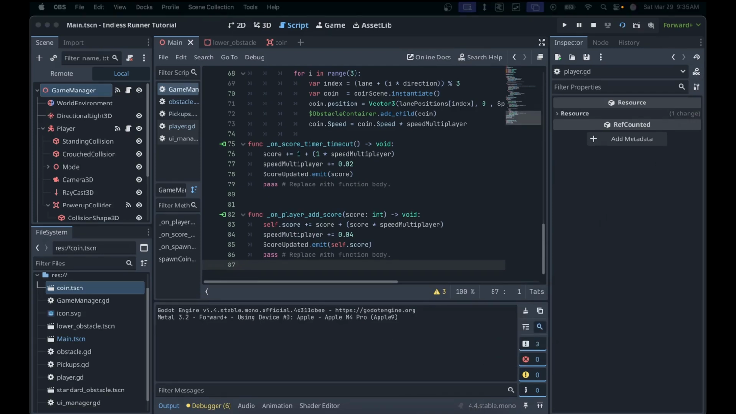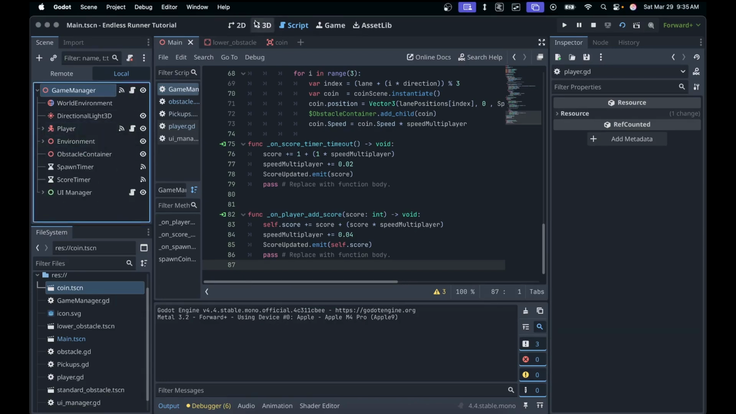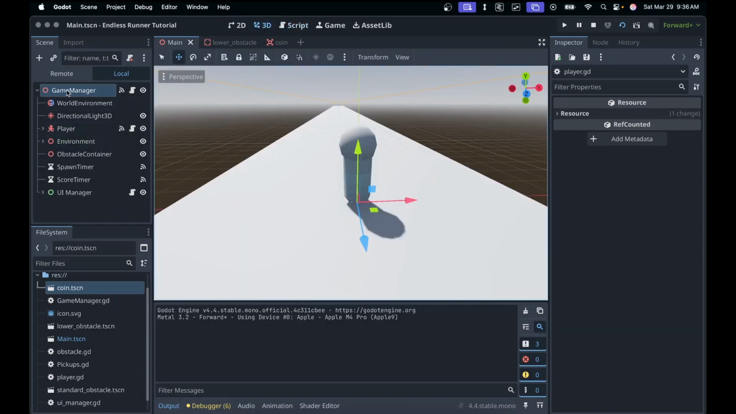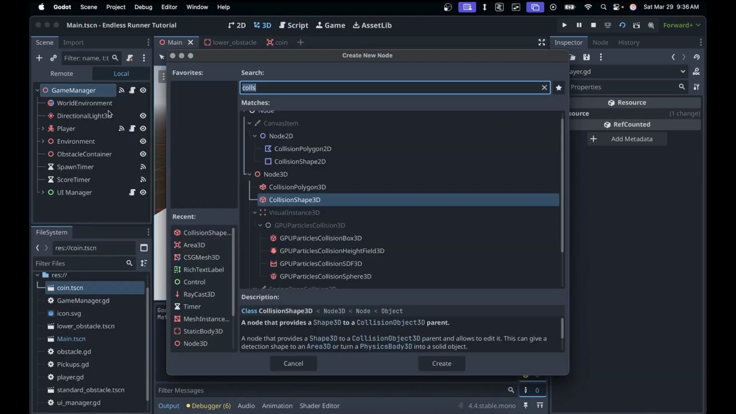Now the question is, okay, so I have scores, I have difficulty, things like that, right? Things get faster, things become more difficult as time goes on. How can I handle the death state of my player? How can I reset? How can I have a player that dies? And the simplest way to do that is to right click, add in a child node,